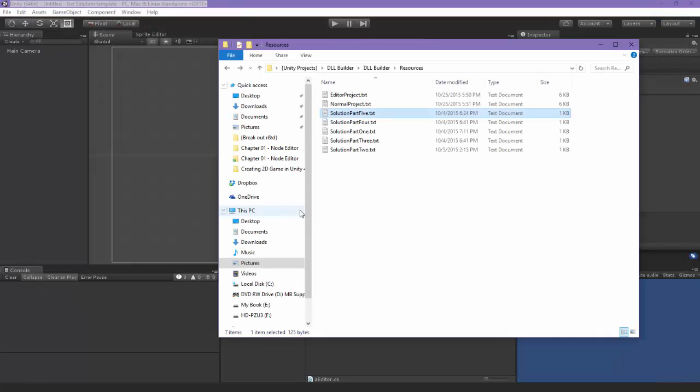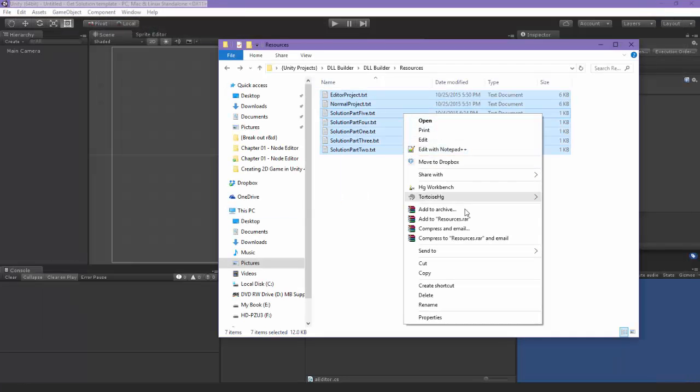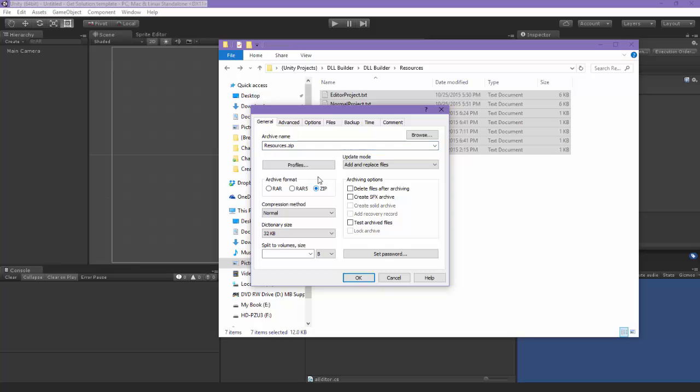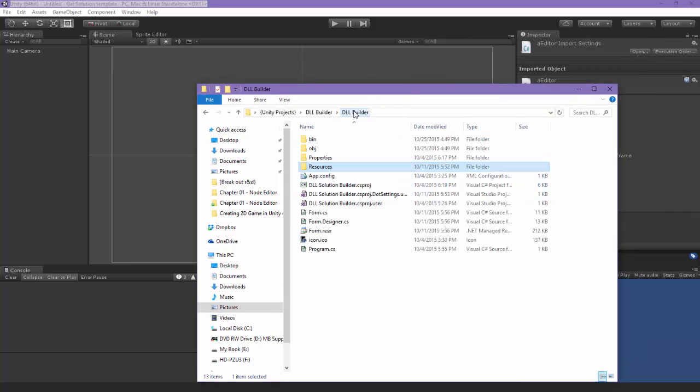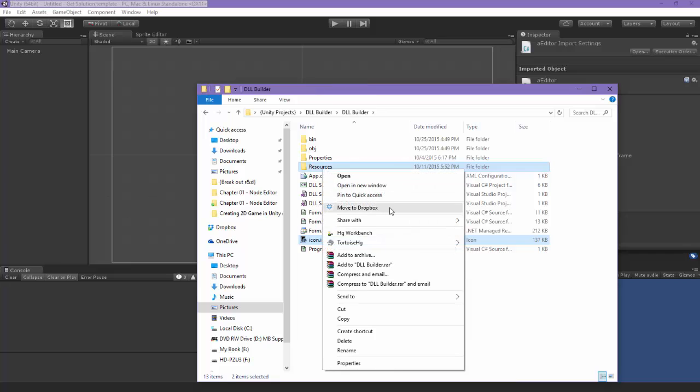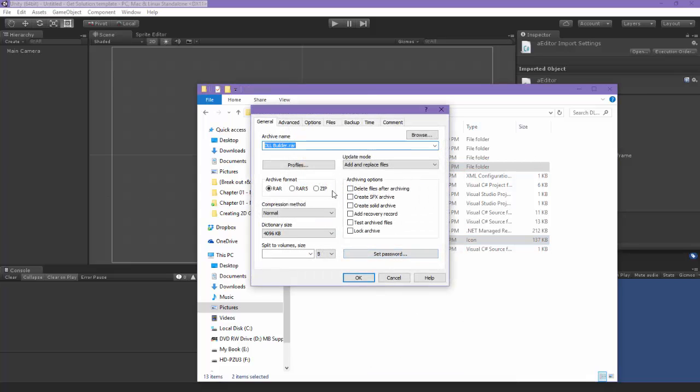Okay? As I said, I will remember to add these guys as a zip. I will share it with you guys because here I have an icon that I want to share with you too. So these guys will be archived to zip and DLL